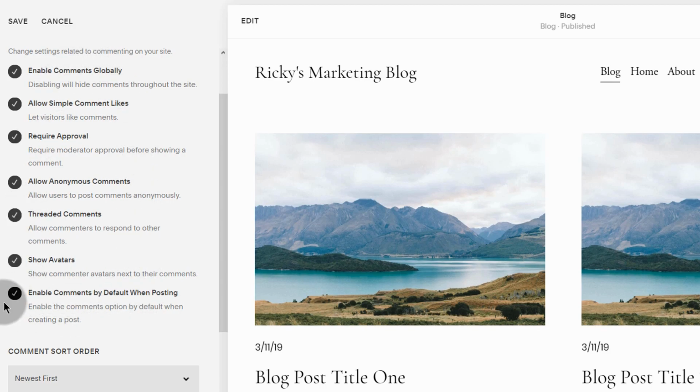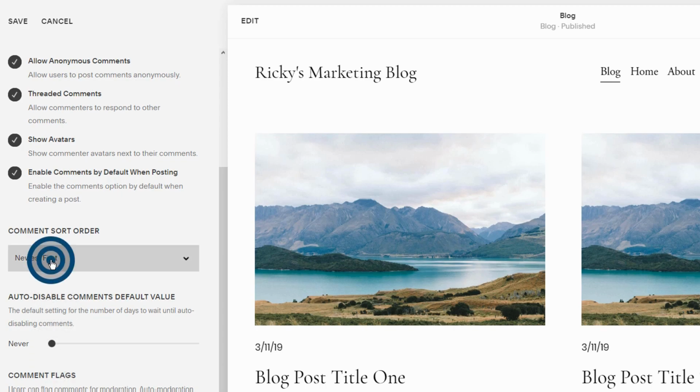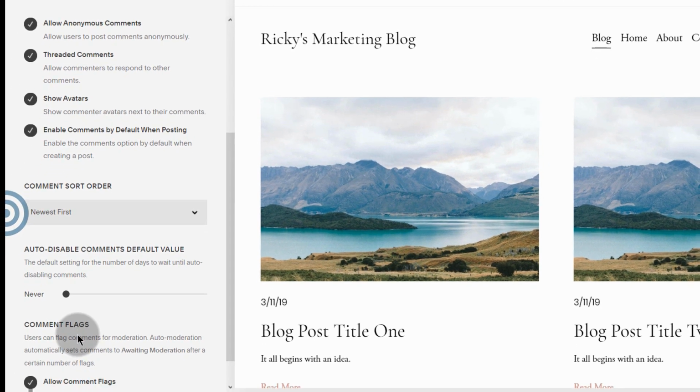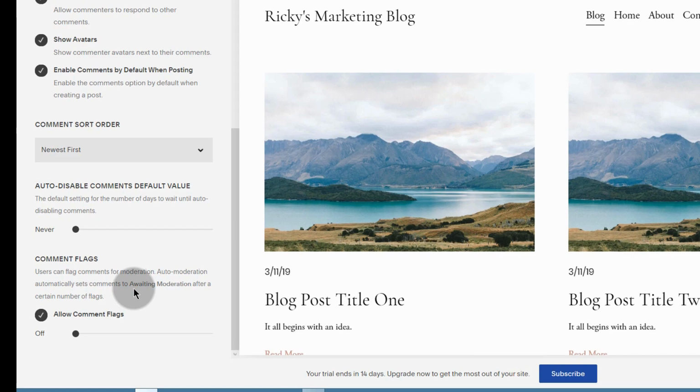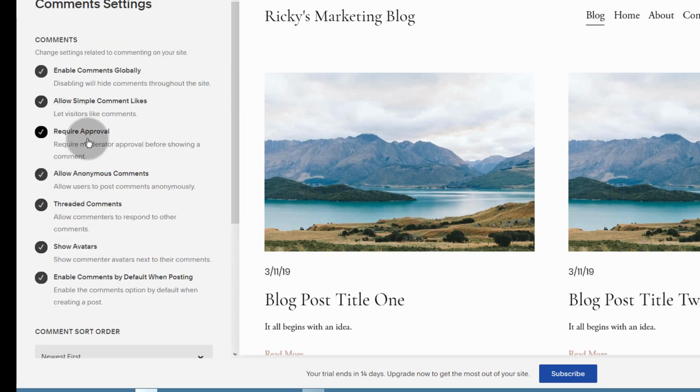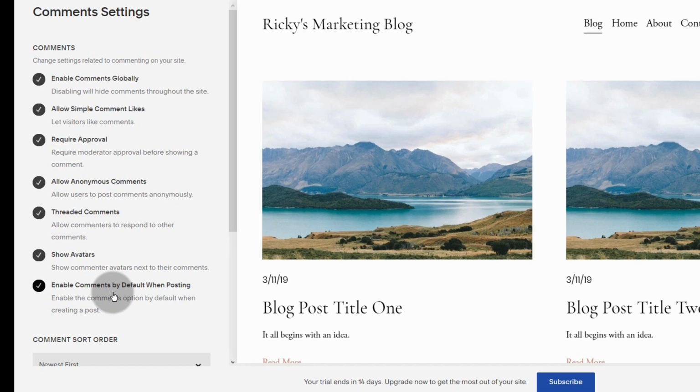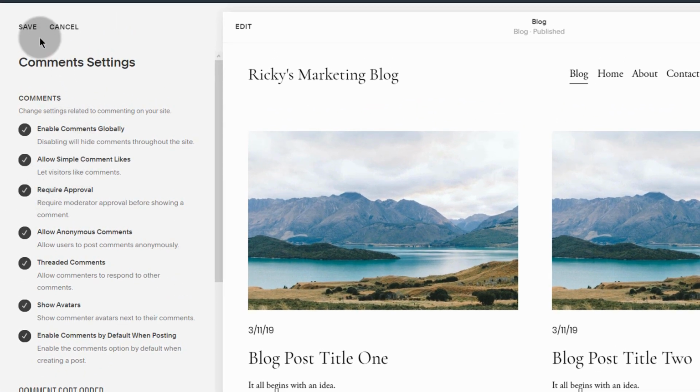So you can enable comments by default. Of course you want to do that, and you can also choose how you want to sort your comments. And if you want people to be able to comment up to a certain period, maybe after 180 days you want to disable comments, you can do that there. But of course you want to leave comments on indefinitely. You can allow comments to be flagged so that they can be moderated by you, but you already have this setting here, so that is redundant to this setting. So I will click on save,